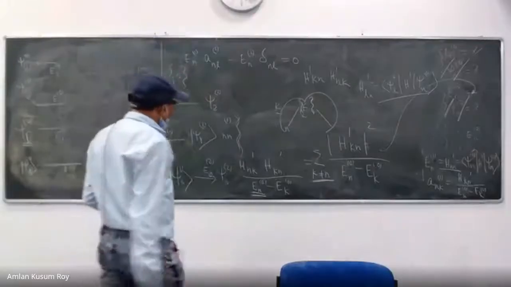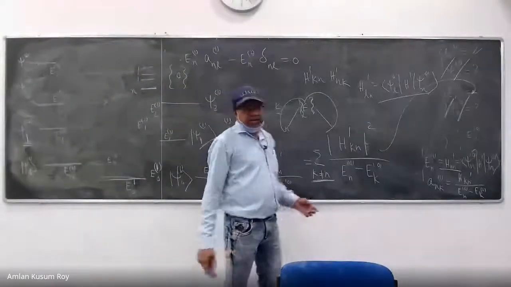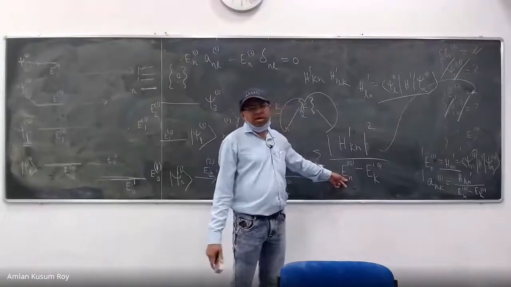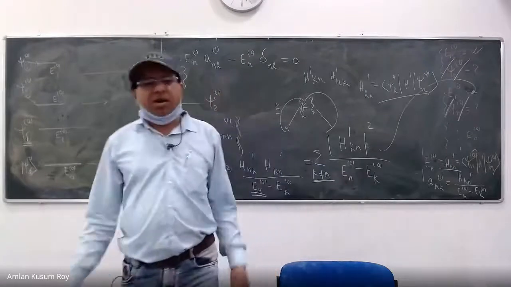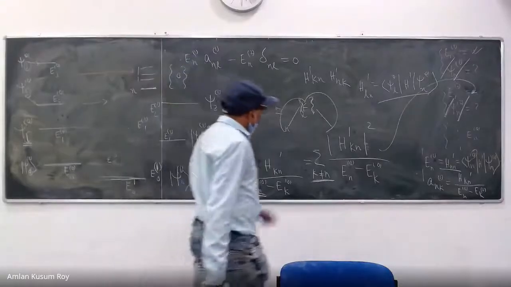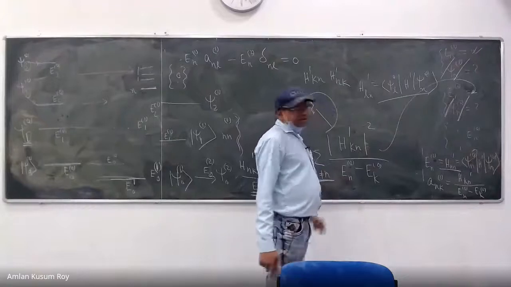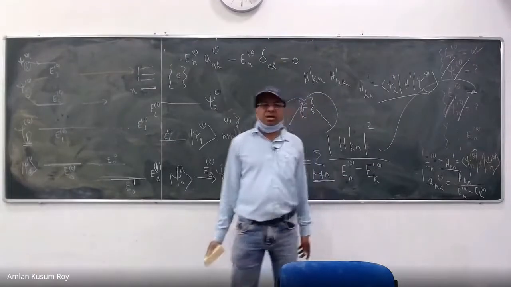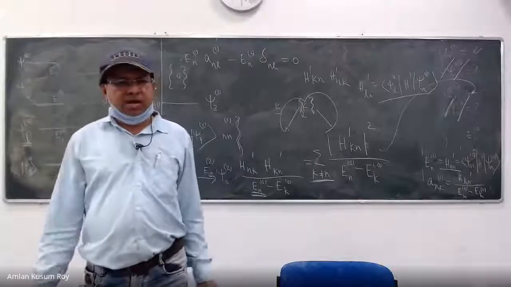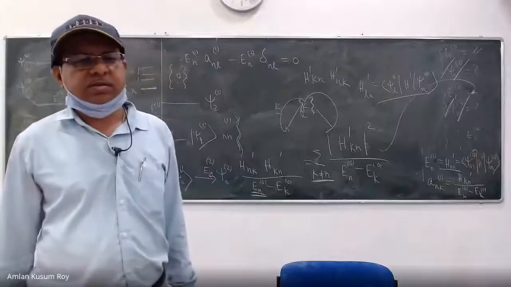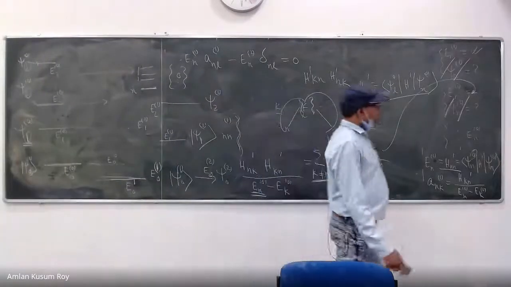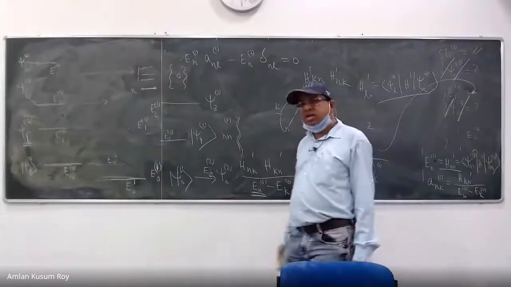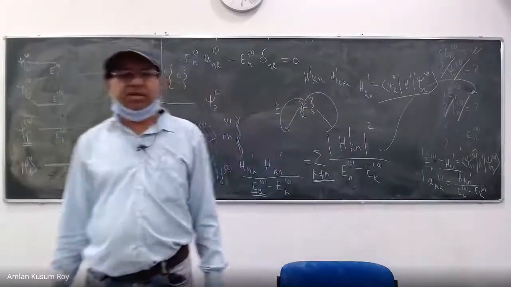Now if I focus on the perturbation theory in the ground state, your N is actually the ground state, right? Because you are considering the contribution in the ground state. If N is the ground state, there is no state lower than N, so K has to be higher states. So for any arbitrary perturbation, if you are considering perturbation theory in the ground state, the contribution is negative. That's what I said. Okay, very good.